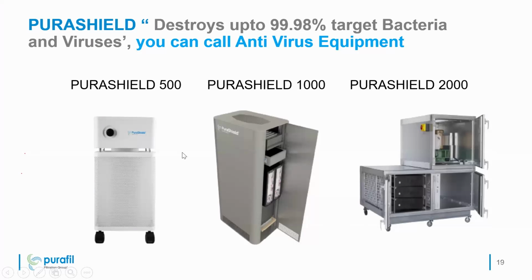The same technology we are providing in the Pura Shield. The Pura Shield has 4-stage filtration. It's a pre-filter, and the second stage is a Purafil SP. The third stage is a PuraWatt. The fourth stage is a HEPA. Technically, HEPA is not required, but we have made a standard unit for the globe. The European preferred HEPA filter. So we do not want to design a different unit for Europe and a different one for US and APAC. So we have designed a single equipment which can be sold globally. So we are saying here antivirus equipment which can destroy 99.98% target bacteria and viruses. This equipment has been tested in a microbiology lab where we have seen that it has killed the virus.